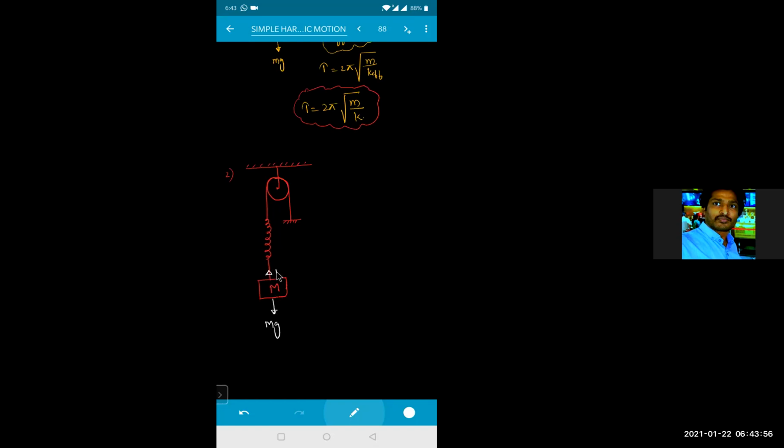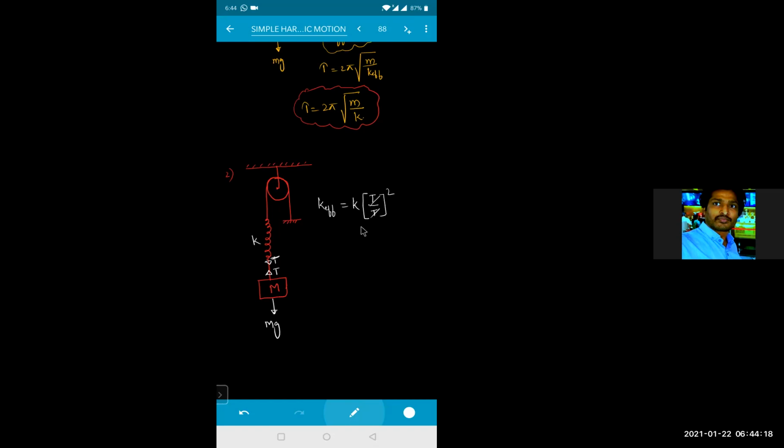Tension on the block is capital T. Here it is also capital T. Spring constant is K. So now can you tell me what is the K effective? K effective is equal to K into tension on the block. On this block, the tension is T only. Tension on the spring is also T only. And this one is whole square.